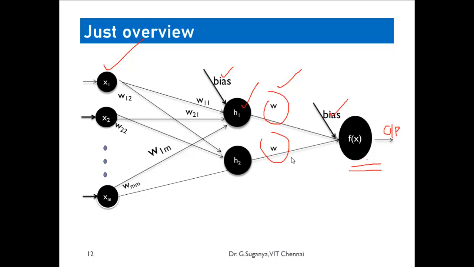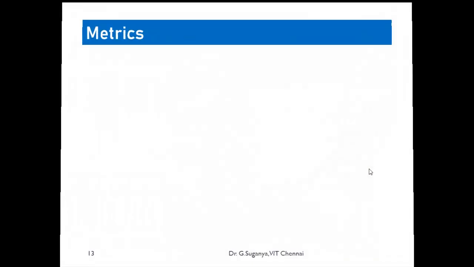However many levels you have, you go back, adjusting the weights, till you reach your inputs. That's what we call backpropagation. So from this level, you have to go back to the hidden layer, adjusting all the weights. From there, you have to go back to the input layer, adjusting all the weights. That is the basic mechanism of backpropagation. By using this, the weights will be adjusted so as to give a proper result.